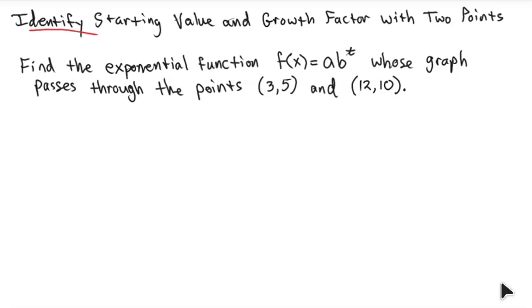We're going to identify both the starting value and the growth factor with 2 points. And so here we have: find the exponential function a times b to the t power whose graph passes through the points 3, 5, and 12, 10. We're going to do something very similar to what we did when we just identified the growth factor. We're actually going to plug in these coordinates into this function, where 3 in this case is the t value,